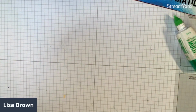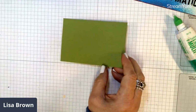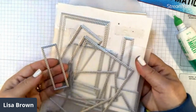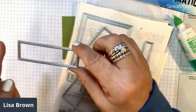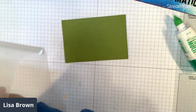Now this, to me, reminds me of a quilt. This is 3 by, well, let me look at my directions. That would help, Lisa. The Old Olive is 3 by 4.5. And then I used one of my Stitched Rectangles dies. If you measure the one I used, it's 1 by 3, the outside edge. So I used that to die cut some strips of designer paper, and this is the